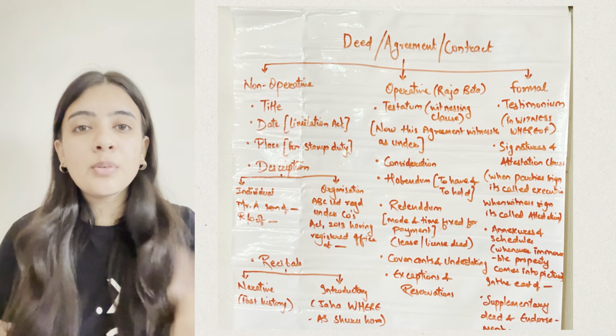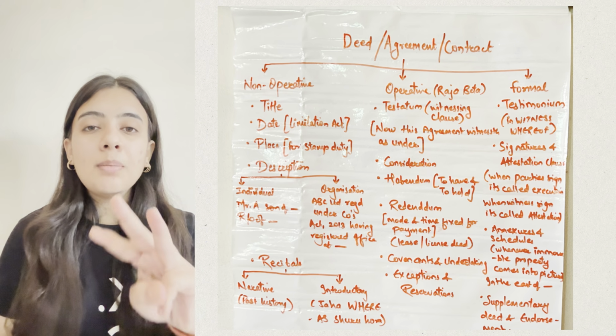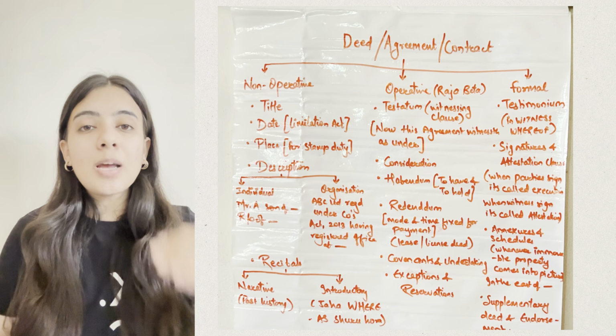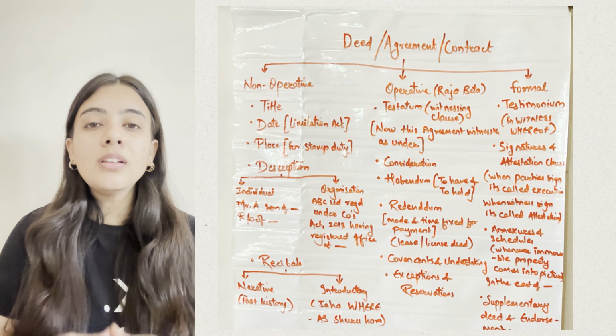So let's start with revising the previous episode. Revise with me, like say after me, or say with me at least. In the previous episode we studied parts of drafting. There are three parts: non-operative part, operative part and formal part. Then in the sub-parts we divided and studied every single thing yesterday. I hope you recall the whole lecture, and in case you have any issue just let me know in the